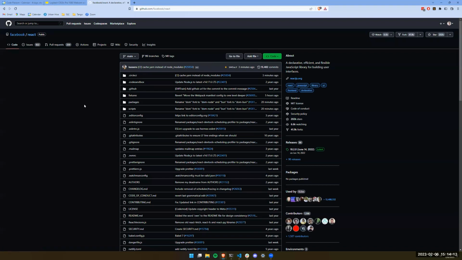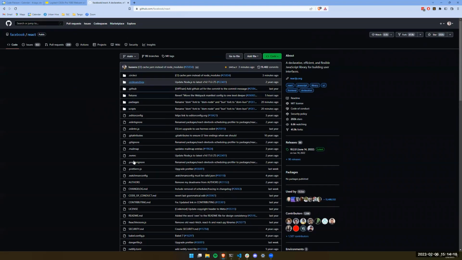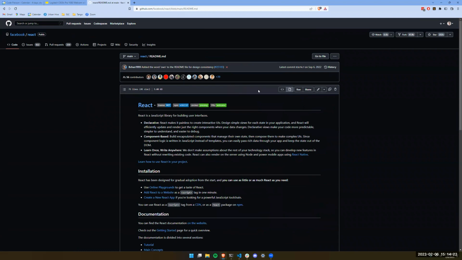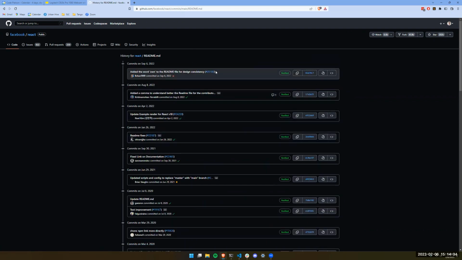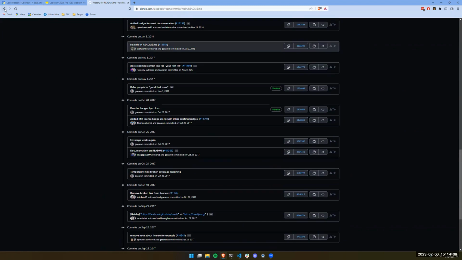Okay, this is where they're actually doing things. If we looked into it deeply, we could see, let's just go for a random file here, like the readme. And then I believe we can look at the history. It's saying there's been 56 contributors overall, and I can look at the history and see every change that's ever been made to the file, and it probably goes back and back and back.